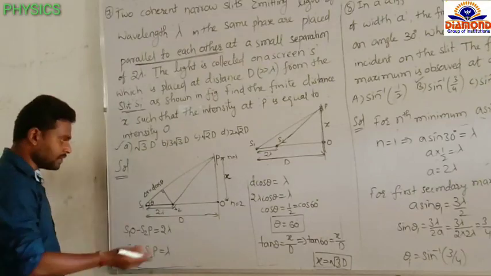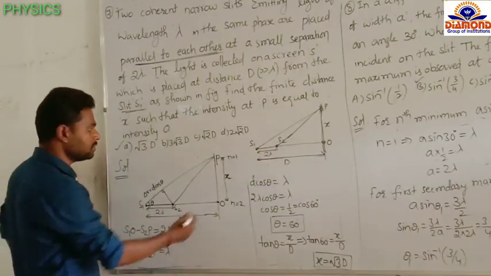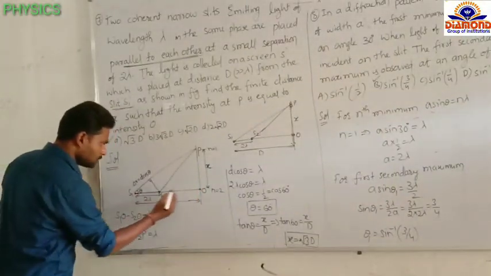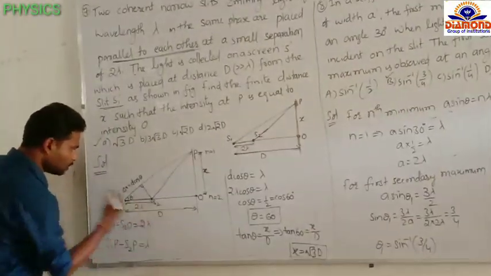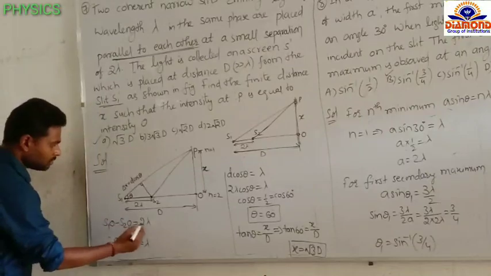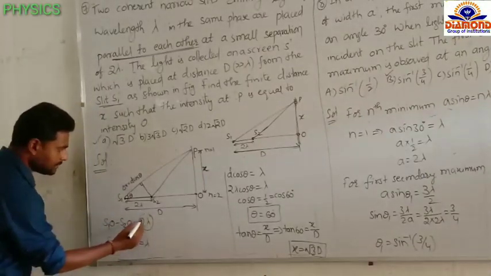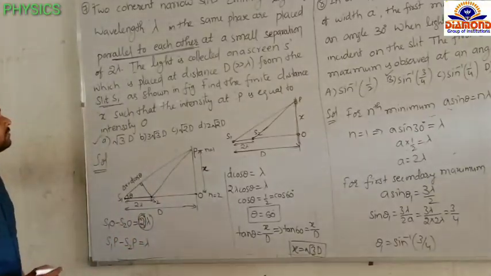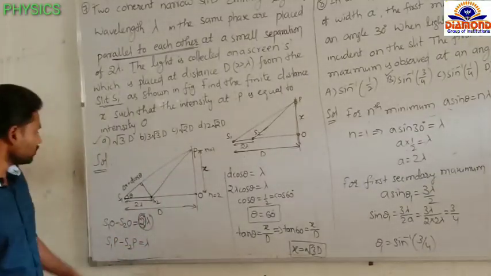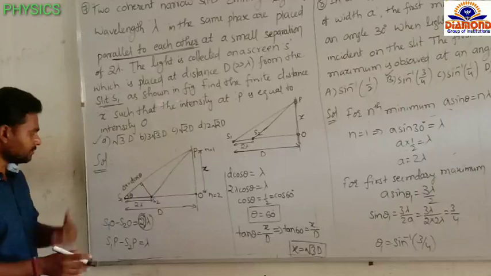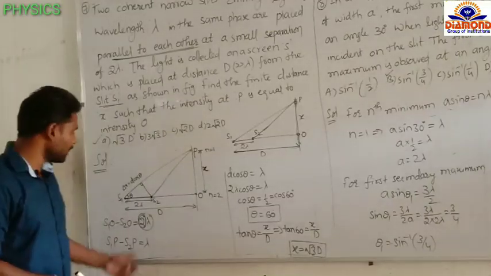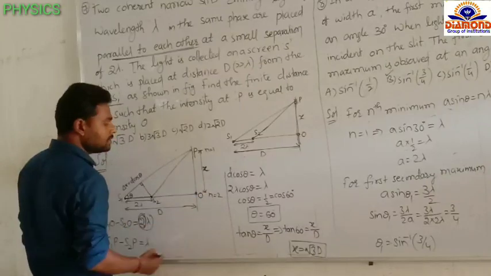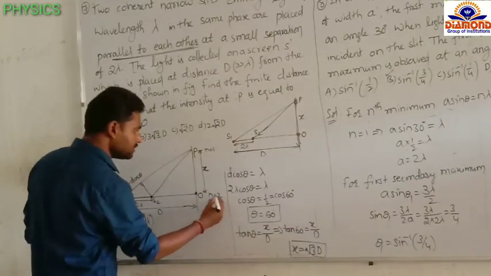First find the path difference between S1 and S2 at O. S1O minus S2O, the path difference is 2 lambda. So the path difference we are getting is 2 lambda. That means we are getting n equal to 2. In YDSE interference, for constructive interference, path difference is equal to n lambda. So n equal to 2 means at O we are getting the second bright fringe.